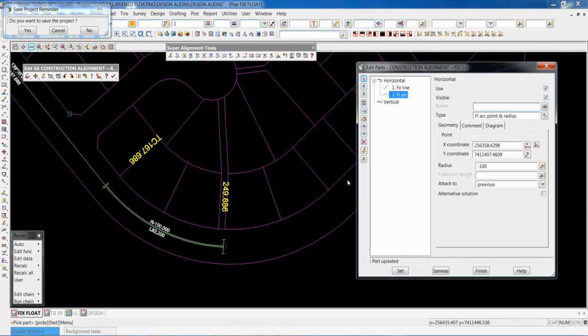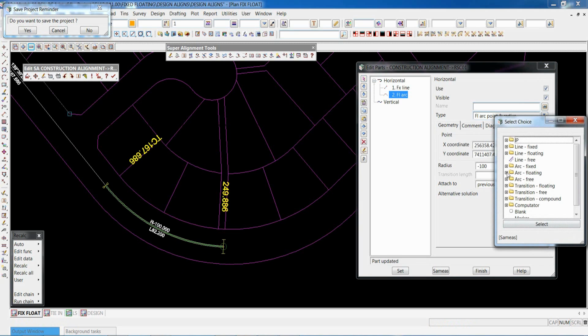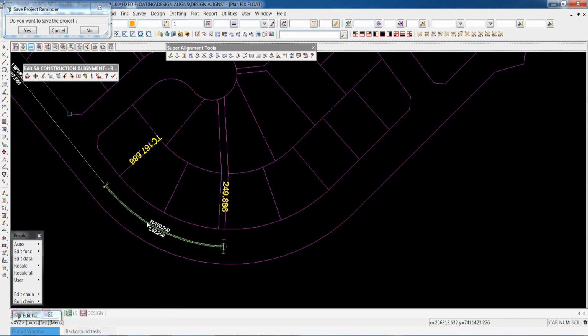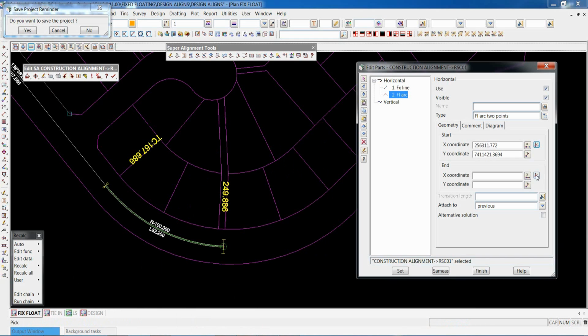You notice it does not need an extra element part, because we specified not only the radius of the arc, but also a point that we're passing through. So there's enough geometry here to be able to create that arc. Again, the floating arcs, you've got point direction 2 points, for instance. So you can pick 2 points. Those 2 points possibly may be construction points. They may be just points on an existing road surface of some sort. You go set. That's enough information to create the arc along with the previous element here.